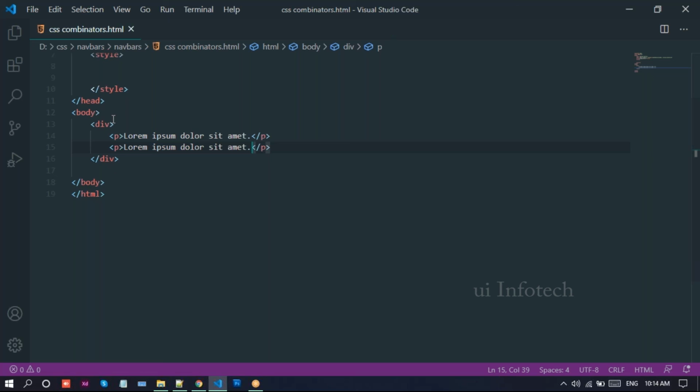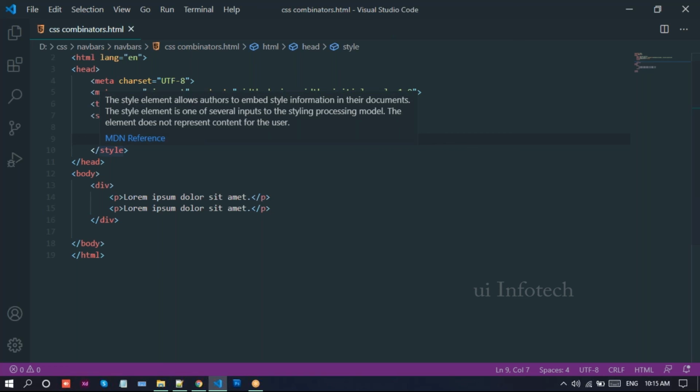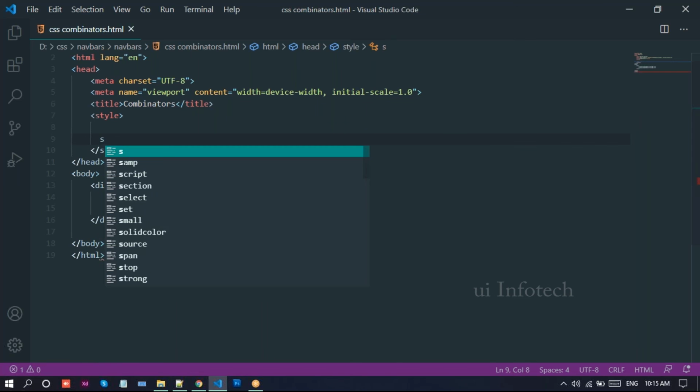Now we need to apply some CSS for this div and child elements p. Now we can apply for this. First we can discuss the adjacent sibling selector.